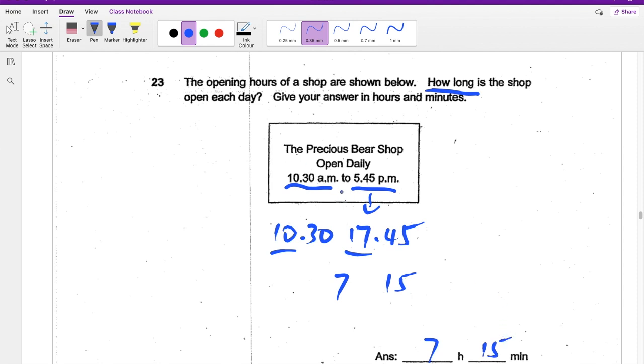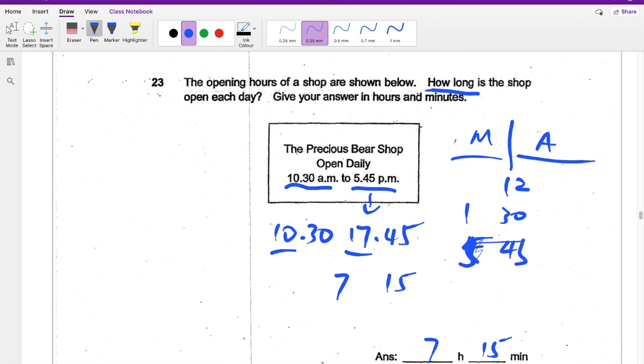Another way is that we can break the time into morning and afternoon, right? So here is 12. For 10:30 until noon, it's 1 hour and 30 minutes. And the afternoon, until 4:45, means 4 hours and 5 hours and 45 minutes. So in total,